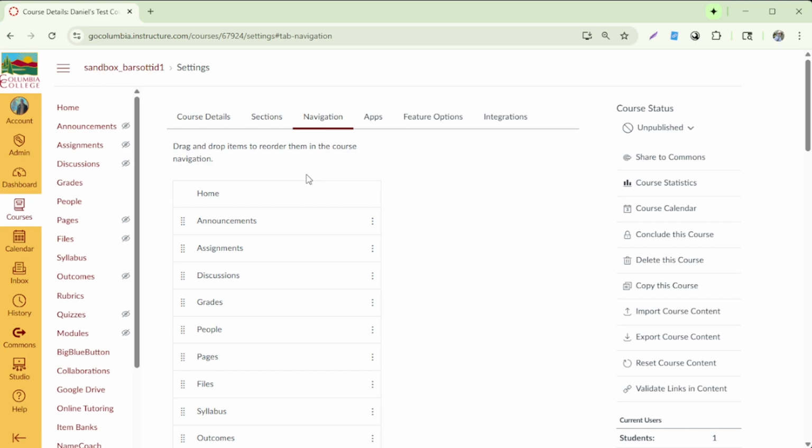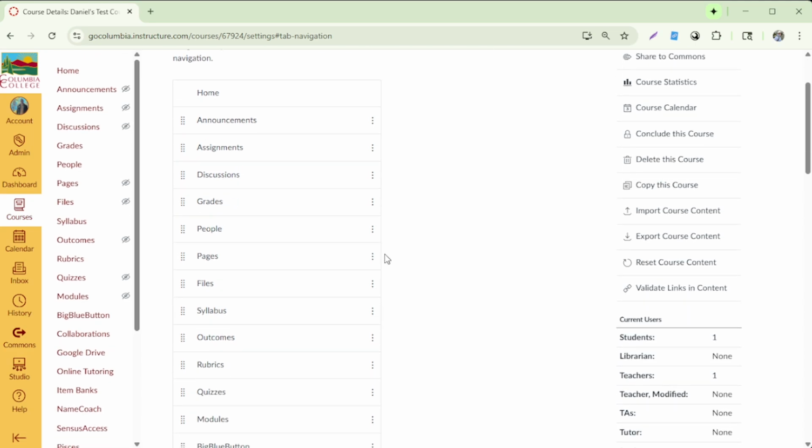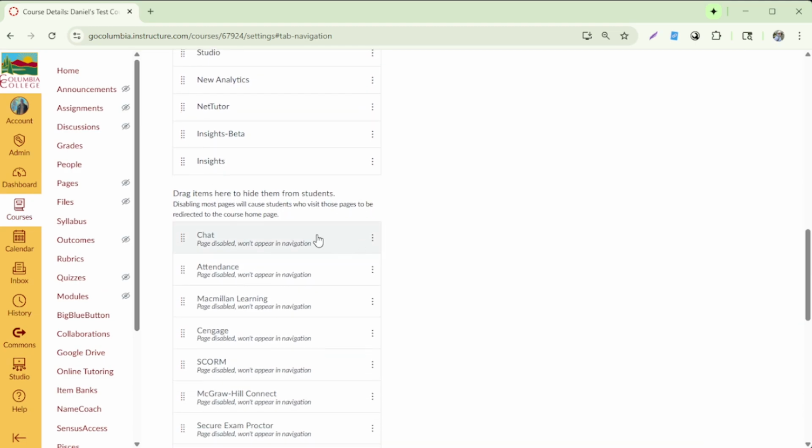Anything in the top box labeled drag and drop items to reorder them in the course navigation will be enabled in your course, and students will be able to see these. And anything below drag items here to hide them from students will be removed from the student's view. You can disable items in the top box by clicking the vertical 3 dots and clicking disable,